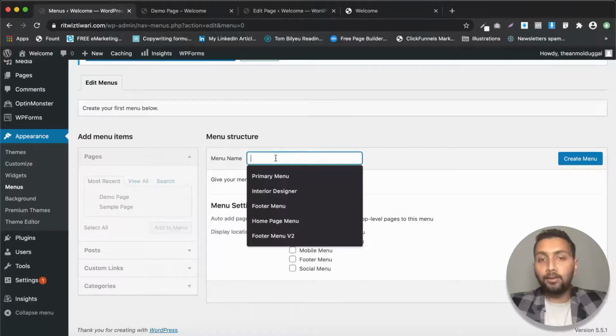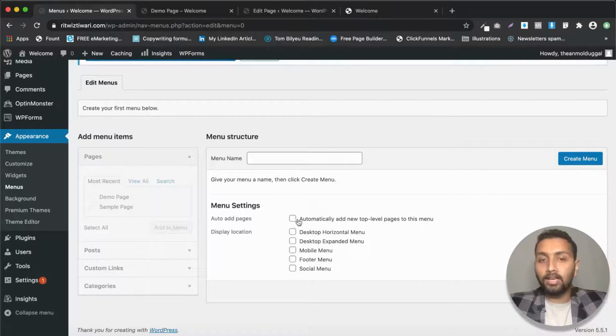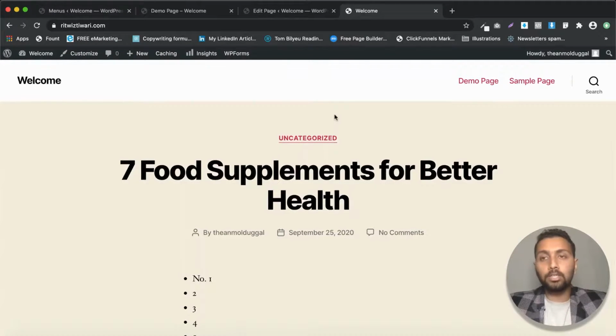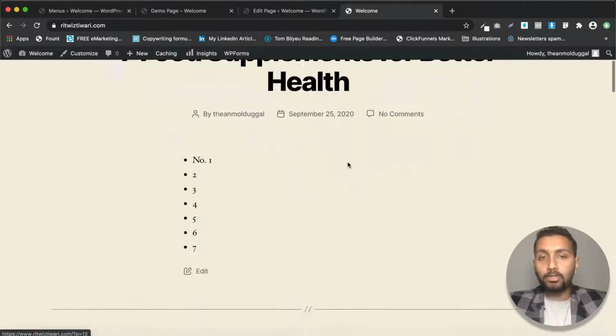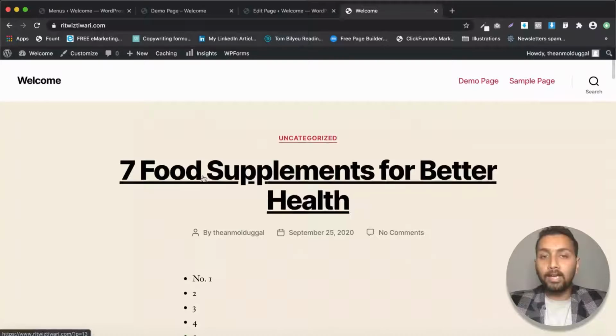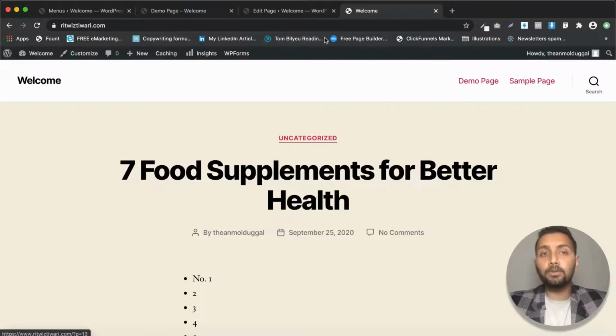Okay, but when we create a new menu, then until and unless we click on this option, the pages will not be added into the menu, right? So this is the difference. I can create any number of pages, because obviously if I create 100 pages, not all of them have to be here on the navigation, right? We have to customize the navigation as well. So I hope you can understand the psychology behind it, because we don't want to show all the pages here. But with the blog posts, every time a new blog post is added, it is going to come at the top here. Okay, so this is the main difference between the page and the post.